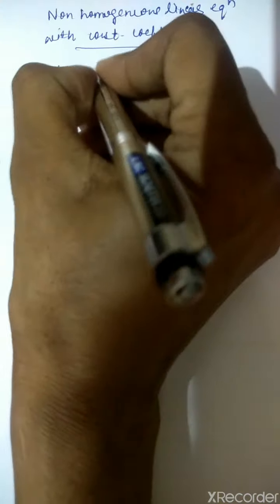Today our topic is the non-homogeneous linear equation with constant coefficients. Earlier we have seen the type 4 problems in homogeneous linear differential equations of constant coefficient. Now, for this, let us consider